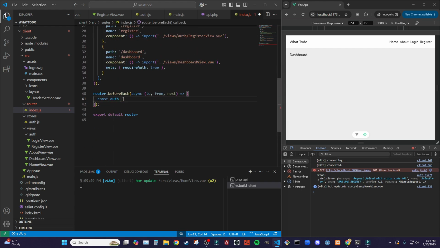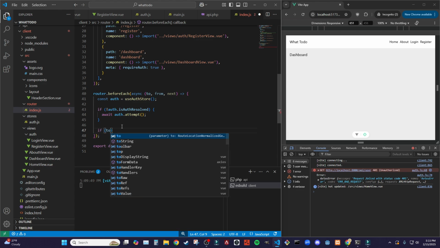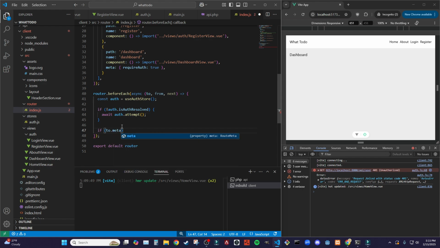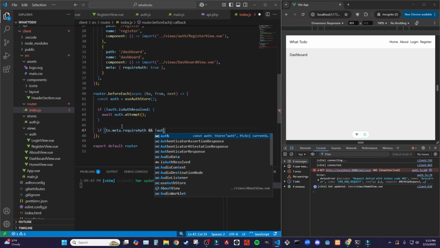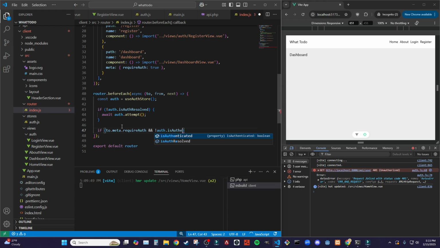Say auth equals use auth store. And now if the auth is not resolved, so if attempt hasn't completed, we want to await that auth attempt function. Now that we know that we've checked to see if the user is authenticated, so if they're logged in or not, we can check the route that we're trying to access, check the metadata, see if it requires authentication, and then check to see if the user is not authenticated,